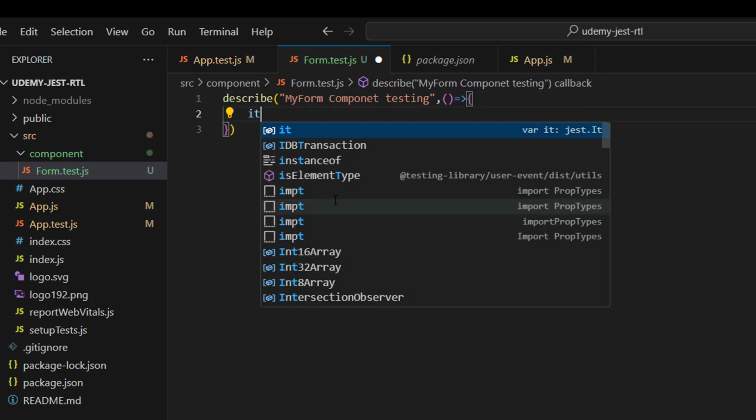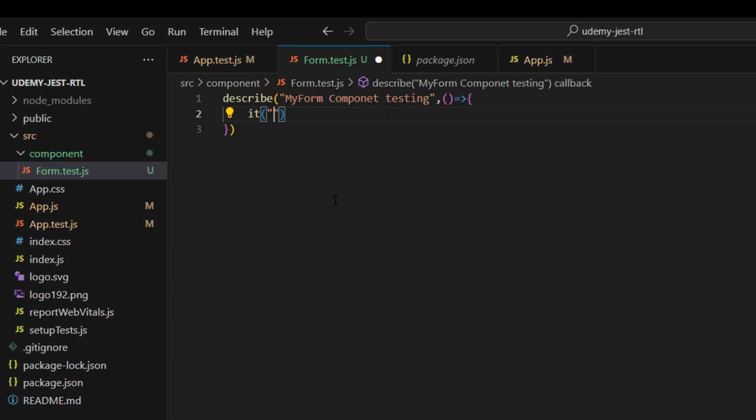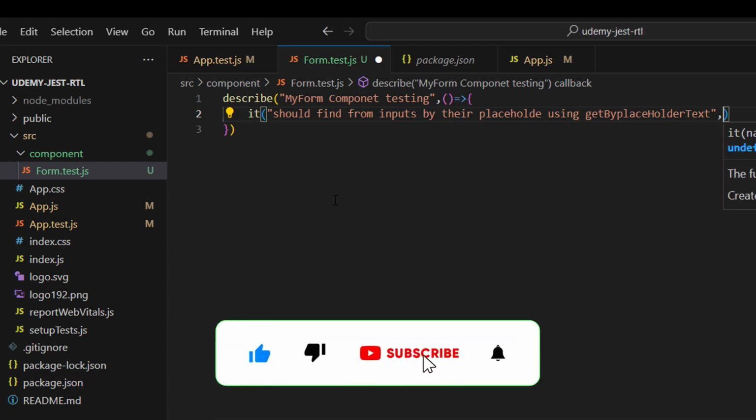So it should find inputs by their placeholder using getByPlaceholderText. So this is our description,